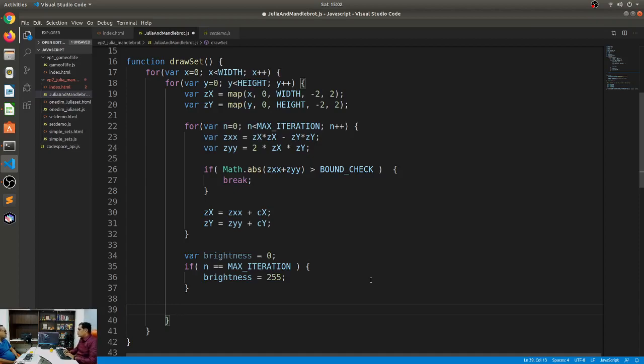So each pixel would be its x plus y into width, and this will be into 4. Why is this into 4? Because remember, each pixel is represented by 4 array elements.